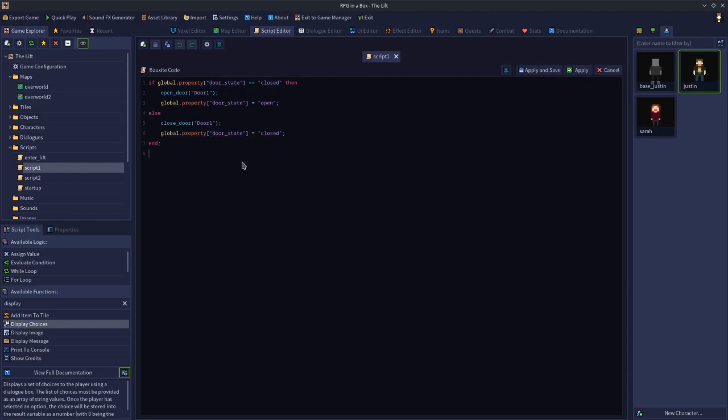So what we've done is we've converted those two if statements where they're both going to run, and we've turned it into one that will only do one or the other depending on which state it's set to. Is that clear? So it's really important to understand that, because that's where a lot of beginners, if they don't understand how if statements work, can come a cropper with this. Separate if conditions are fine as long as the if conditions are completely separate. So for example, if I said if global property door state is closed, then open door, and then set it to